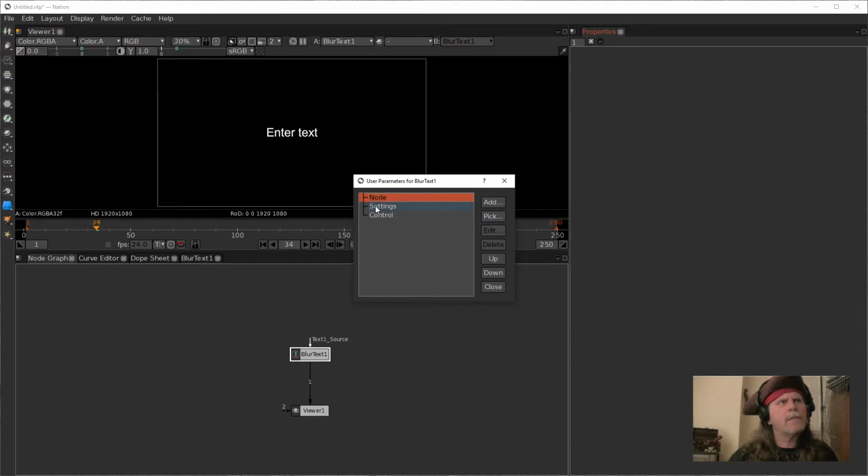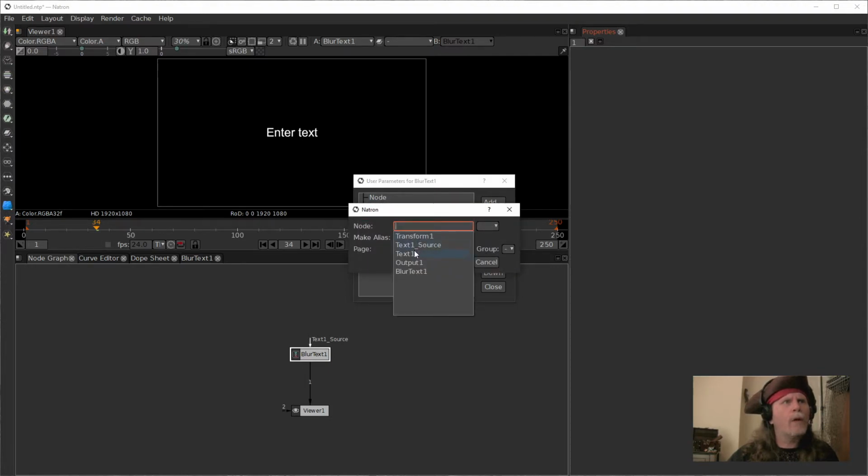So these are all controls or all pages. Pages, we'll see when we add our first control. Now, we're going to pick our first control. I wanted to do it to the transform node, transform 1. I said translate. I don't want it to be an alias for right now. I want it to go onto the control page. We have to have a page to control it from. And there's this little thing over on the side